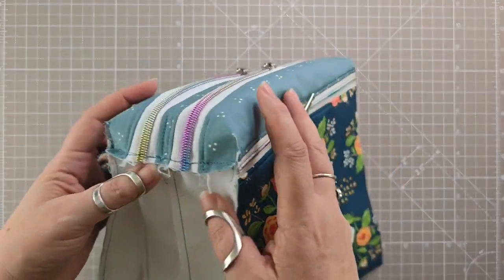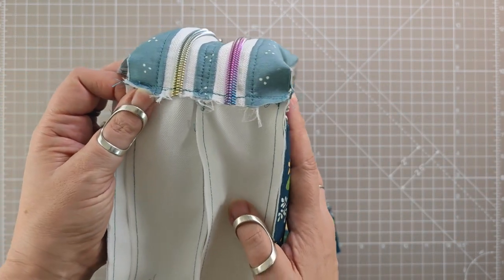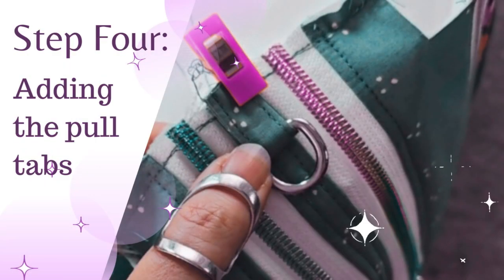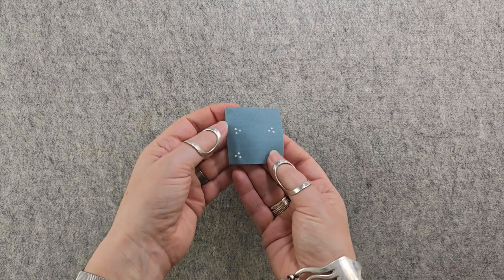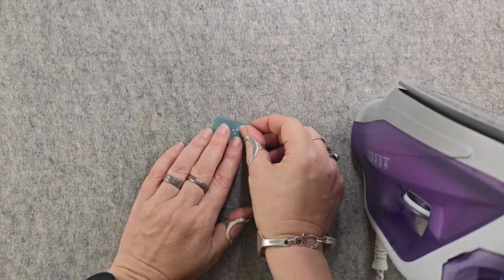So the next little thing we're going to do is a small segue away from the main body of the bag, and we are going to do the pull tabs. So this is a really straightforward thing to do, and something that I do over and over in my patterns. We're going to start off with a square of fabric. I think the pattern piece is about 2 inches by 2 inches, and we're going to fold it in half